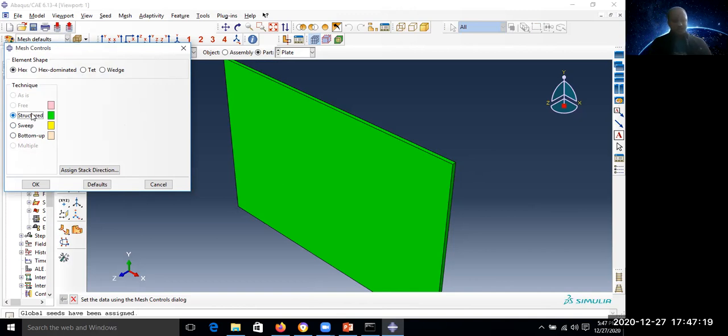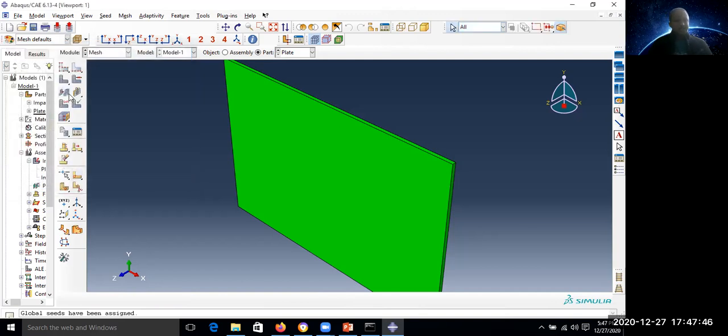So please refer to the Abaqus user manual on the internet, which is available there. One can use hexa dominated, one can use hexa, one can use tetra, wedge. Here the structured technique, free mesh technique, bottom up technique, and others. Okay, so for now I am using hexa. Structured techniques are applied, and then the element assigning. So I'm going to assign the element for this plate,